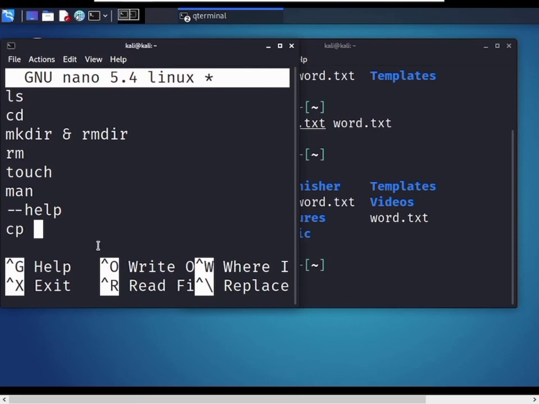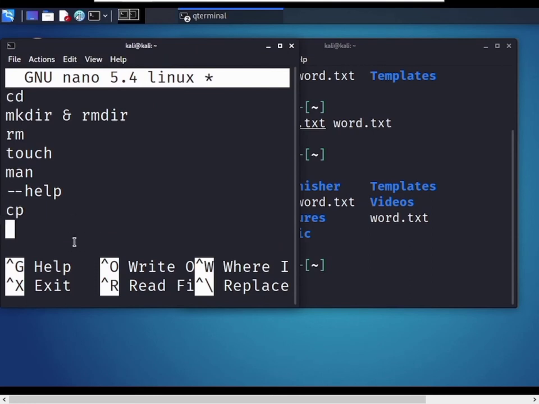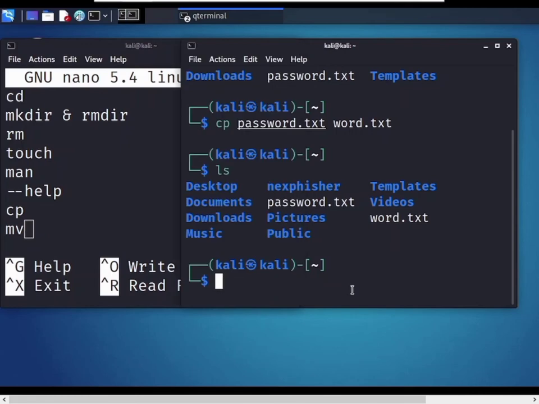Let's move to the next command, mv, the move command. Use the mv command to move a file through the command line. We can also use the move command to rename a file. I give an example.